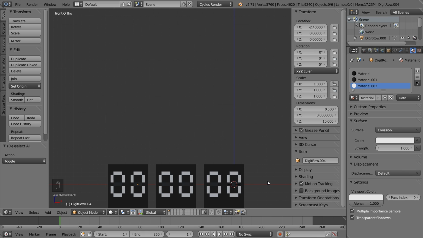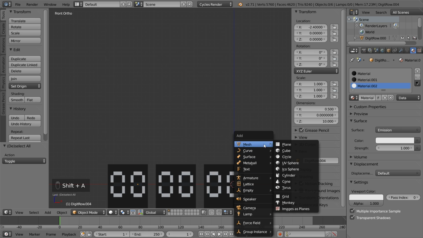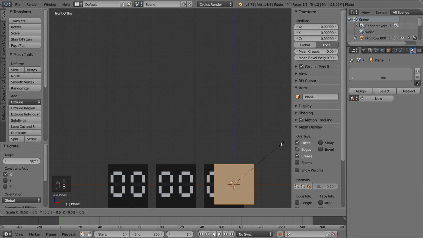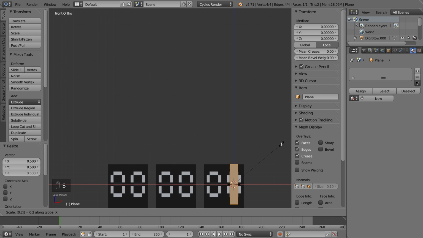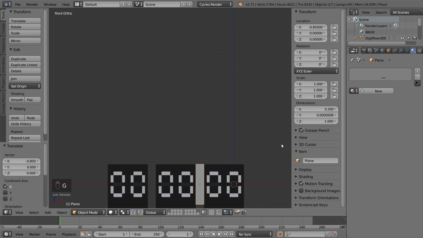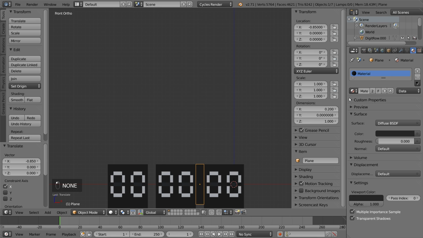I want to have colons between our set of numbers, so let's start with that. Add a plane, rotate it 90 degrees around X, and scale it 0.5 so it gets the same height as the numbers. Scale it 0.2 along X to give it a width of 0.2, the same as the distance between the sets of digits, and move it minus 0.85 units along X so it fits right between the two sections. Give it the same dark material as the background of the digit rows so it looks like everything is one